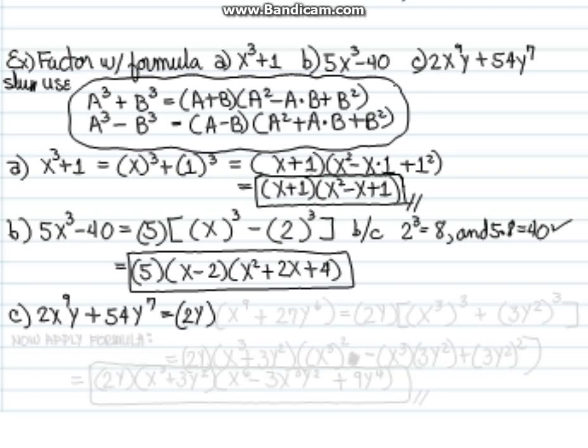Okay, so 2 times y multiplied by what will give us our first term, 2x to the 9th y? I'm sorry, it's not x squared, the answer is x to the 9th. Now check it to make sure. 2y times x to the 9th gives us our first term, 2x to the 9th times y. Okay, now what do we have to multiply 2y by to get the positive 54y to the 7th? We have to multiply it by 27, because 27 times 2 is 54, and then y to the